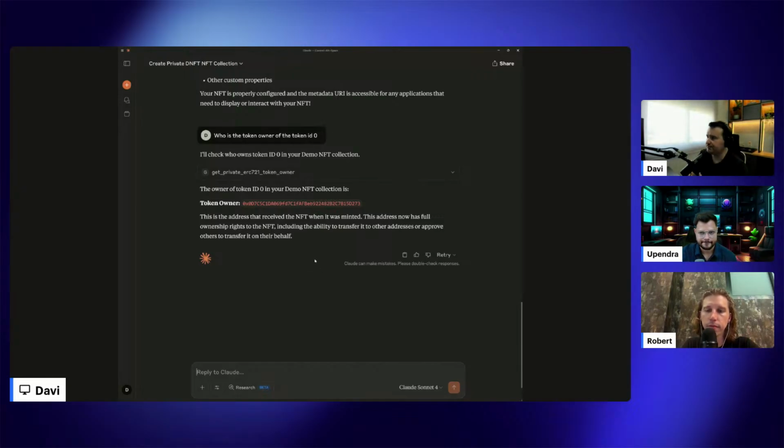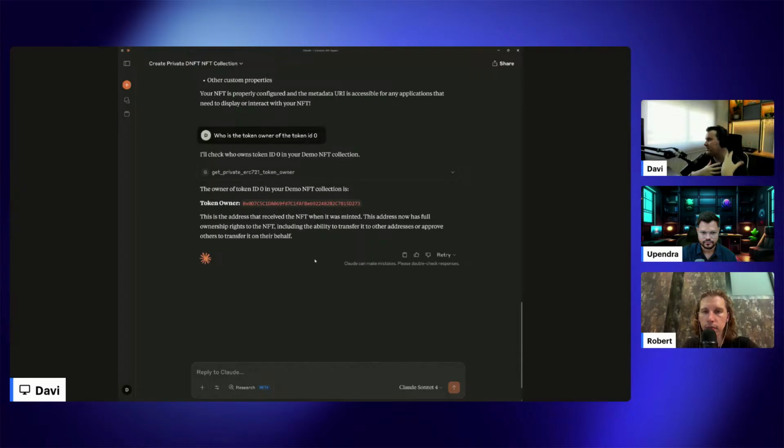Same thing with the ERC20 tokens. When you try to get the balance of the ERC20 tokens, you cannot decrypt it if you're not the owner, right? So I cannot decrypt the balance of the others' accounts, just my account.